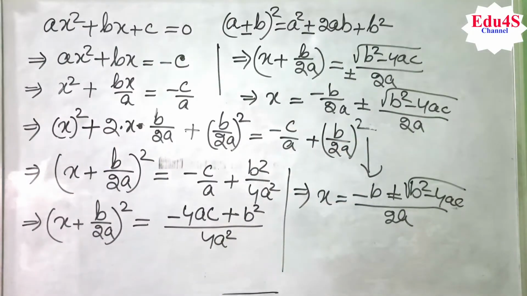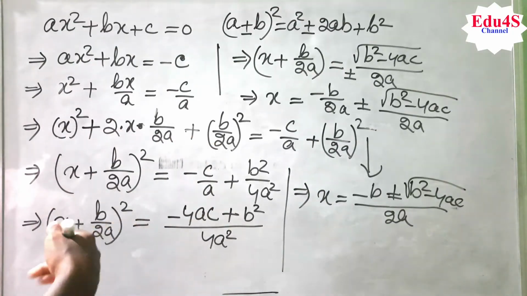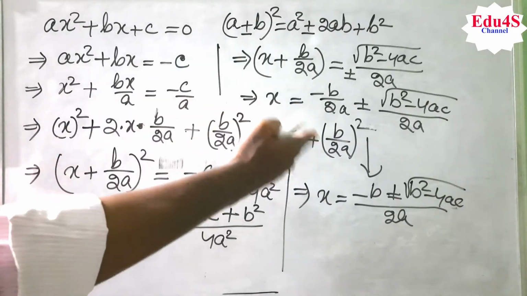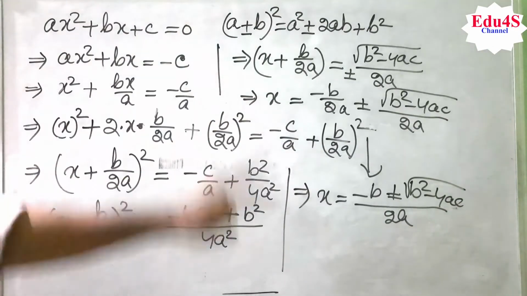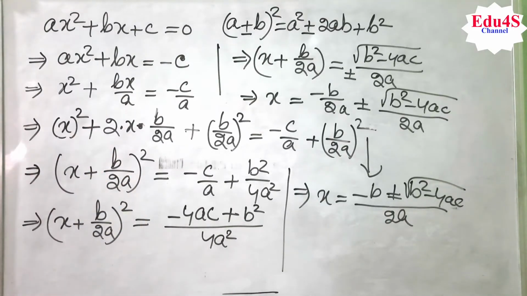So this is our fourth step. Clear? Then you make it square like this. Then you take the square root of this square term. Then you will get it in this way. Clear? You will get the answer. So this is our process, and we have to apply these steps in a concrete example also. So let us take one concrete example.